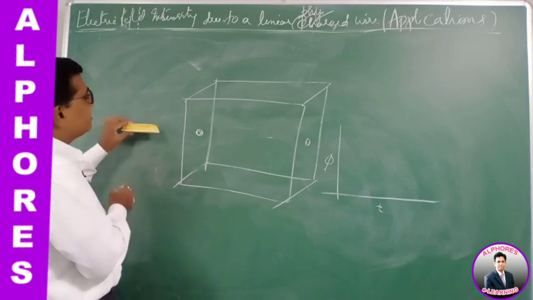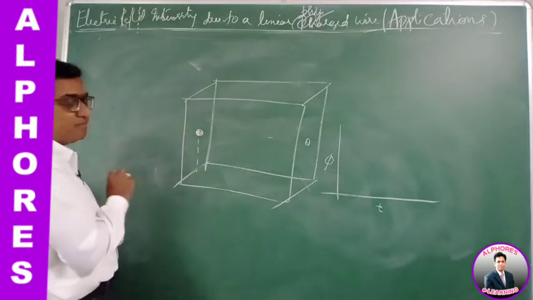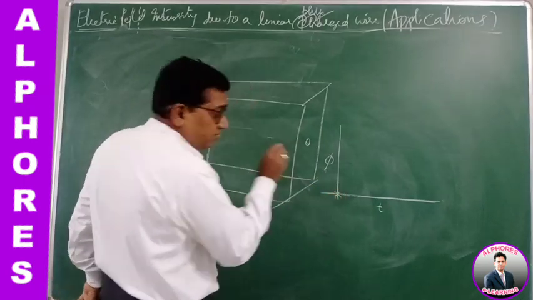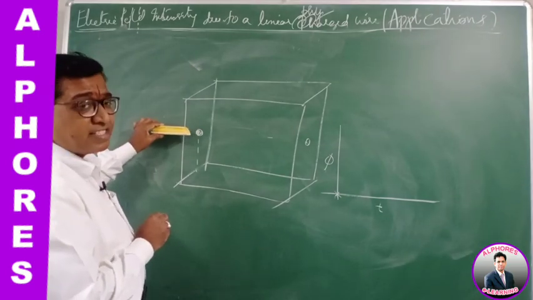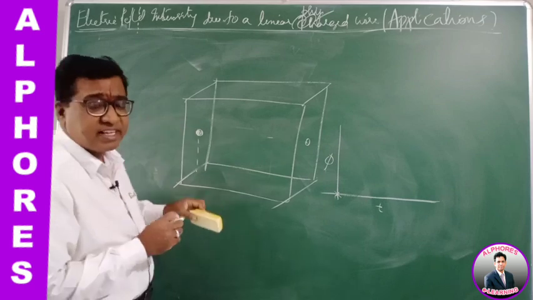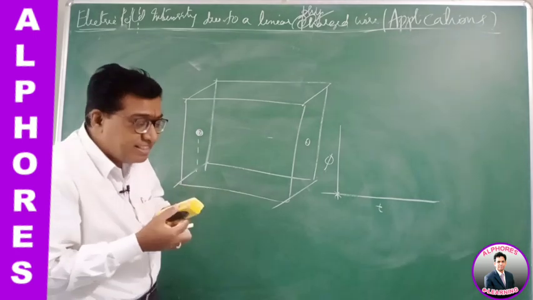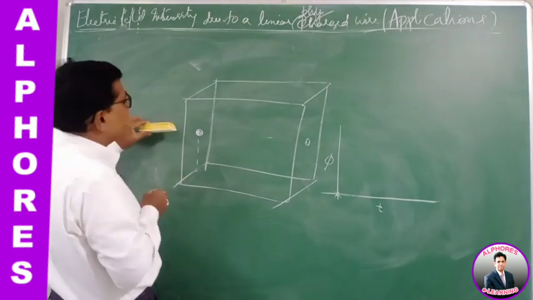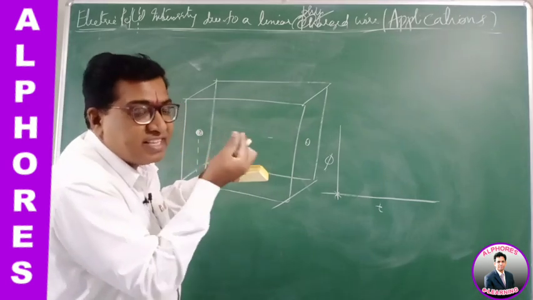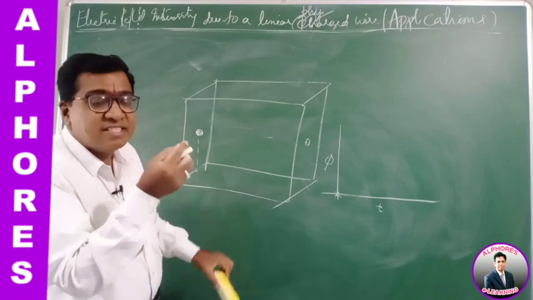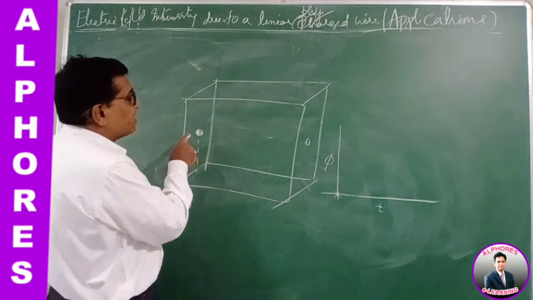Now, the conductor starts at the initial position at this point, so the time starts at 0. I am slowly moving the conductor into the cube. As I move it in with constant velocity, the length of the conductor inside the cube increases. As the length increases, the charge inside the cube increases. As the charge inside increases, the flux emerging from the cube also increases linearly, because the velocity is constant.